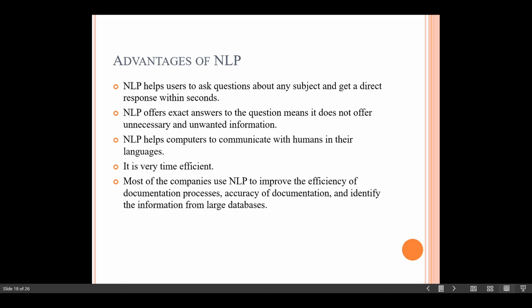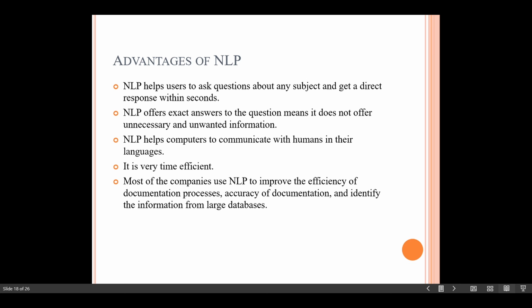Now, let us see the advantages of natural language processing. When users have any questions about a subject, natural language processing can be used to get prompt responses, and it does not give any unnecessary or unwanted information. It only gives the right information.